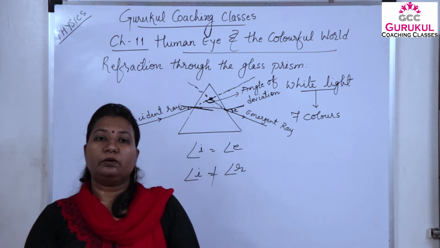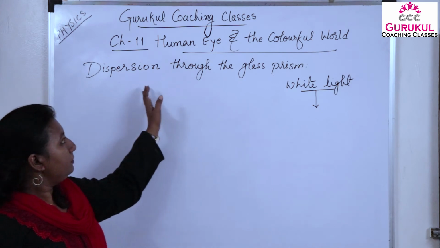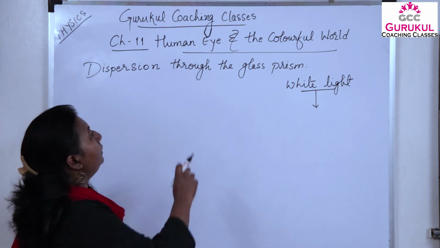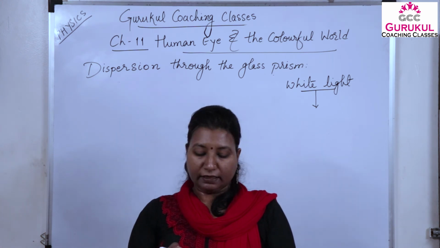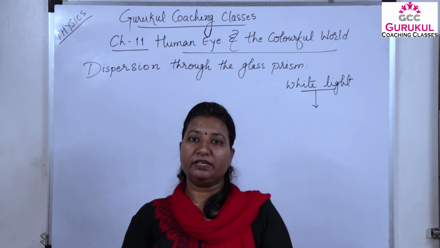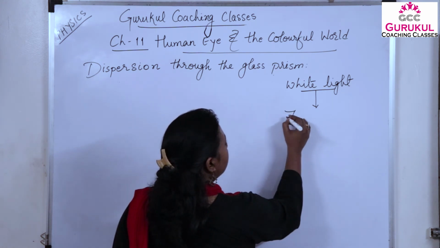Now we will discuss dispersion through the glass prism. Whatever light is coming from the sun is constituted of 7 colors, meaning it is made up of 7 colors. The 7 colors are the